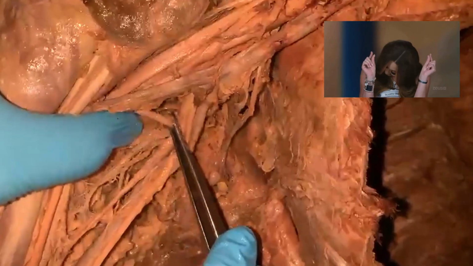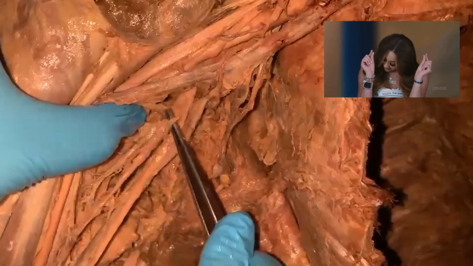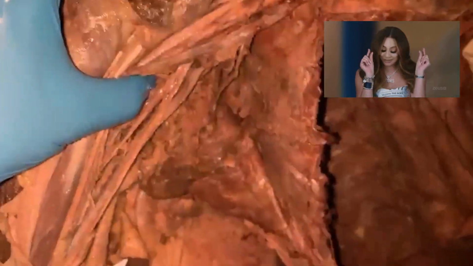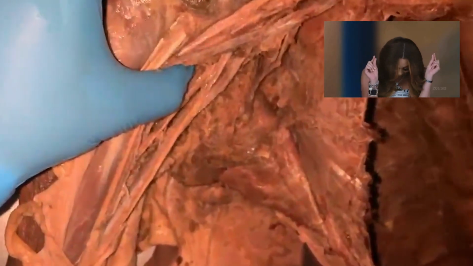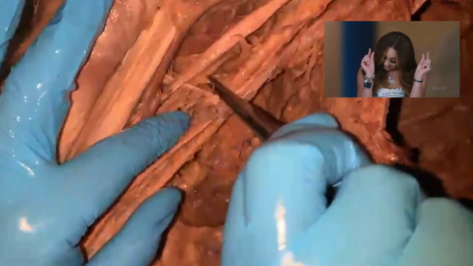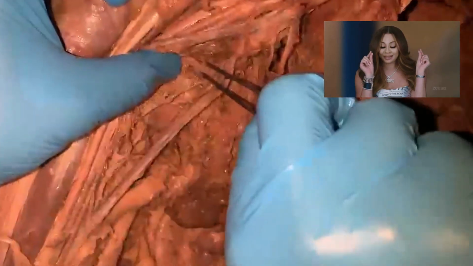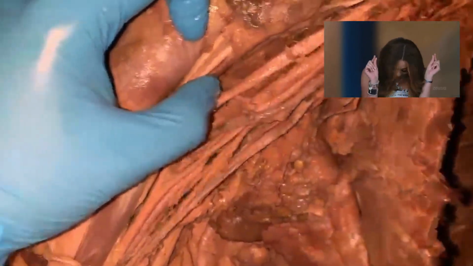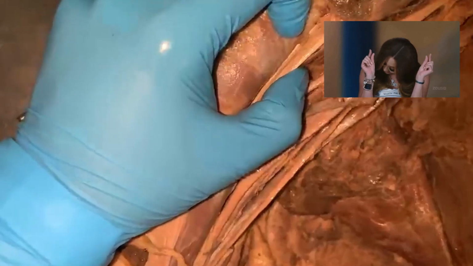Now the largest branch of the axillary artery is the subscapular artery, and it will go around the scapula and do the anastomosis around the scapula. Done? What are the branches? Superior thoracic, acromiothoracic, lateral thoracic, anterior circumflex, posterior circumflex, and subscapular artery. These are all the branches of the axillary artery.